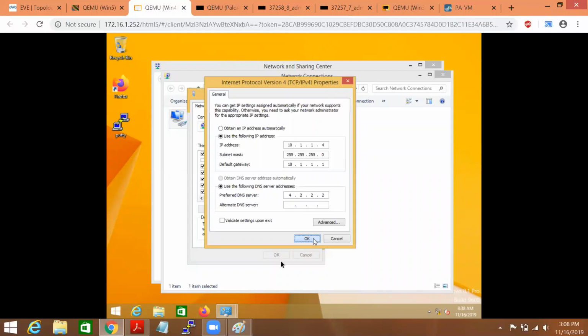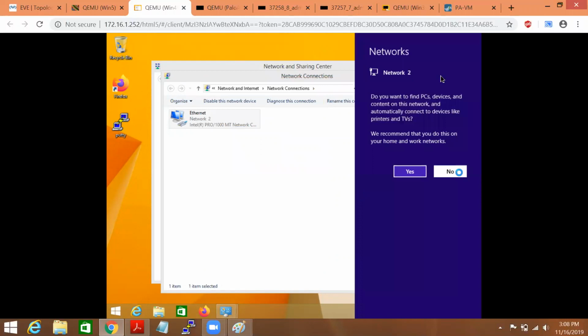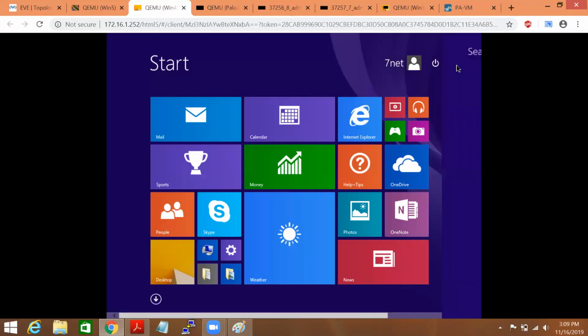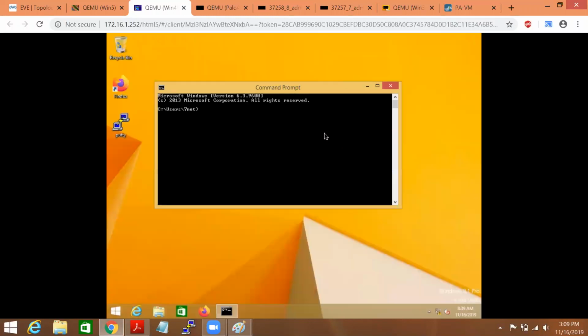So I've just configured the IP address, which is 10.1.1.4. If I try to ping, it doesn't allow.